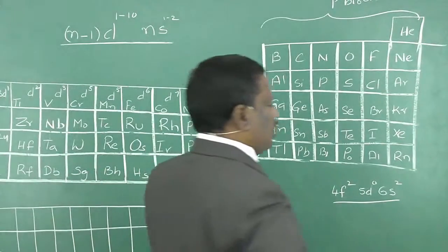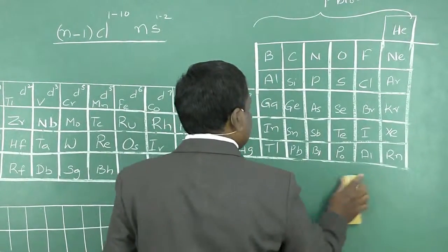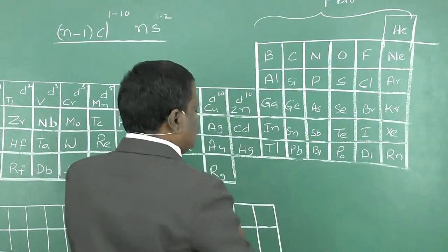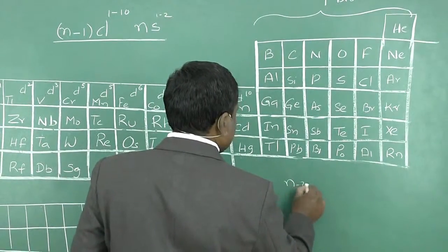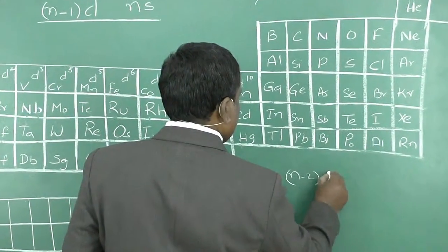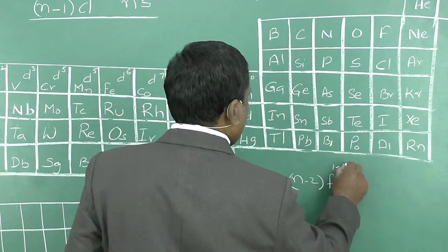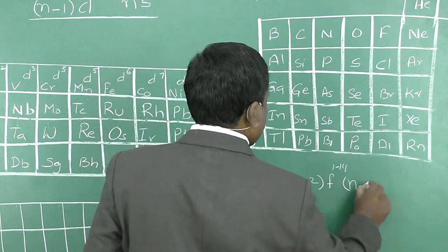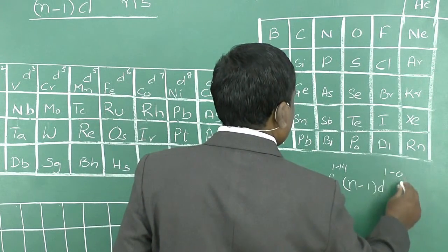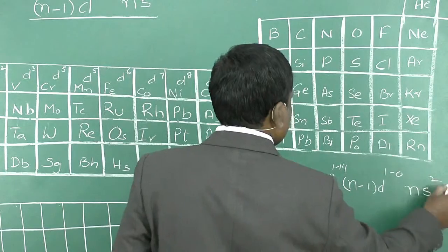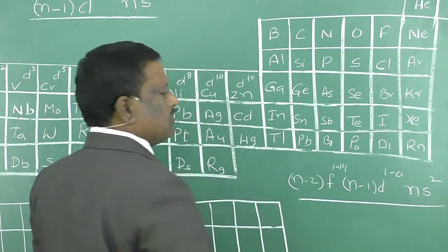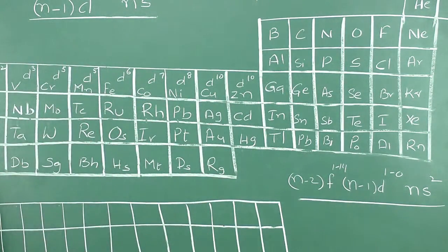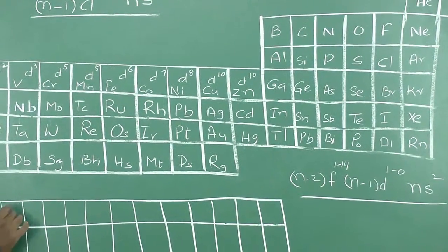Now, the general electronic configuration of f block elements can be considered as (n-2)f 1 to 14, (n-1)d 0 to 1, and ns2. This is the general electronic configuration of f block elements. Now, they are cerium, nobelium,